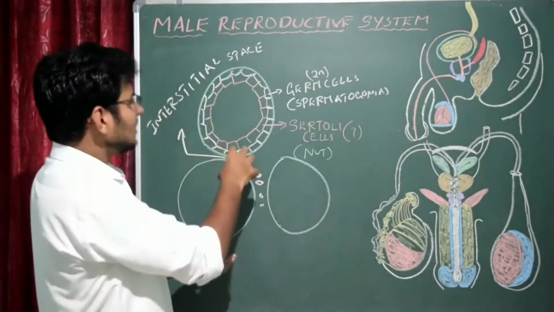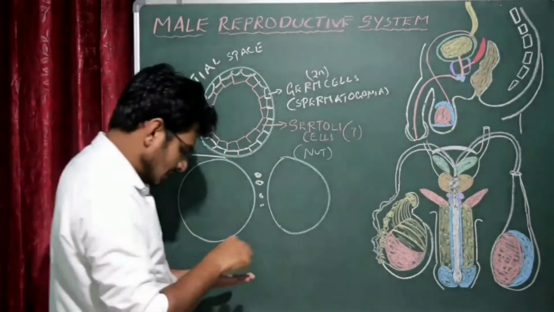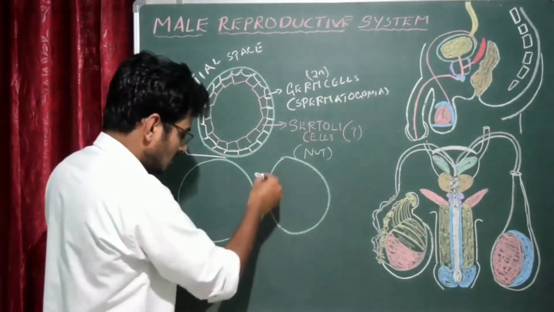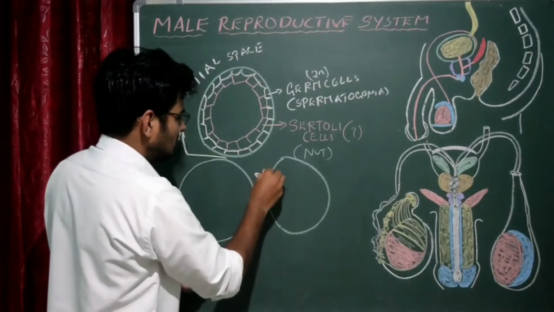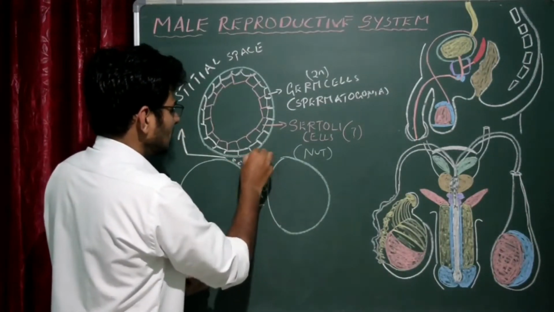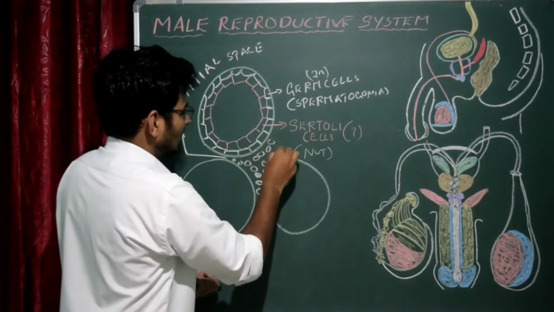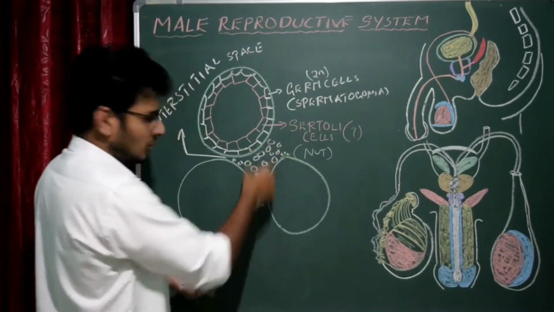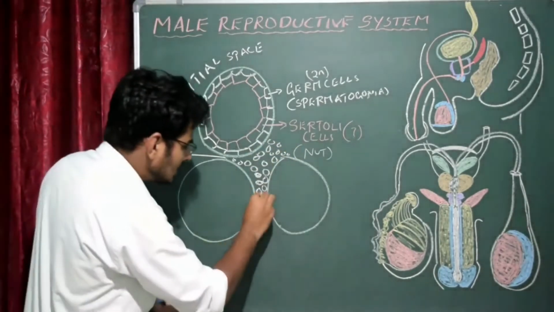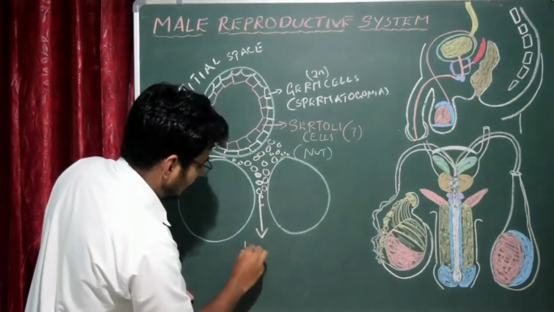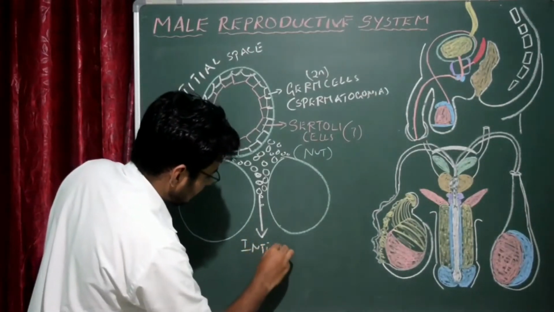Within the interstitial space, what you see is, I'm using white color here, some cells will be there, present in the interstitial space. Okay, you can understand it. So these cells are called interstitial cells,